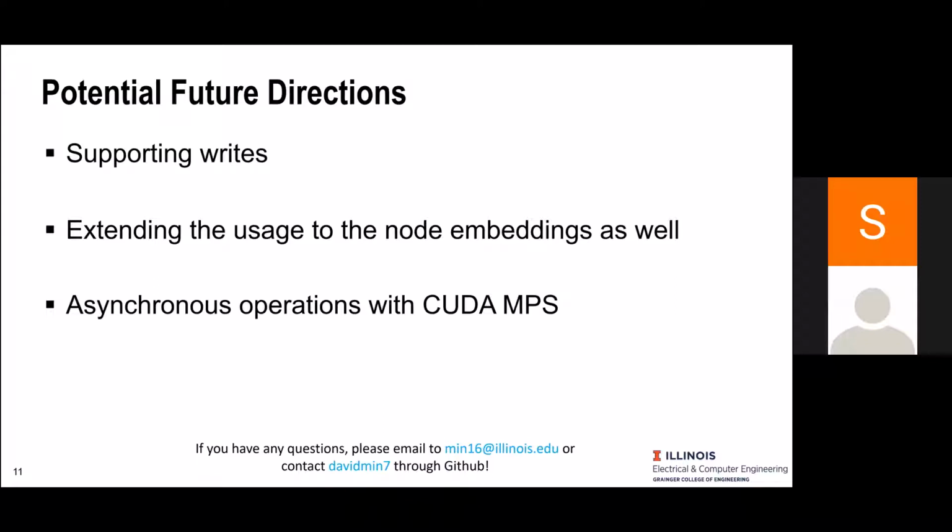In this case, we can use CUDA MPS to assign only a certain amount of GPU resource for zero copy, but yet leave the majority of the GPU resource for training purposes. For example, in our research work, we tried giving 10% of GPU resource for just zero copy and 90% for the training. In this case, without hindering each other too much, they can work asynchronously and overlap the data transfer and the